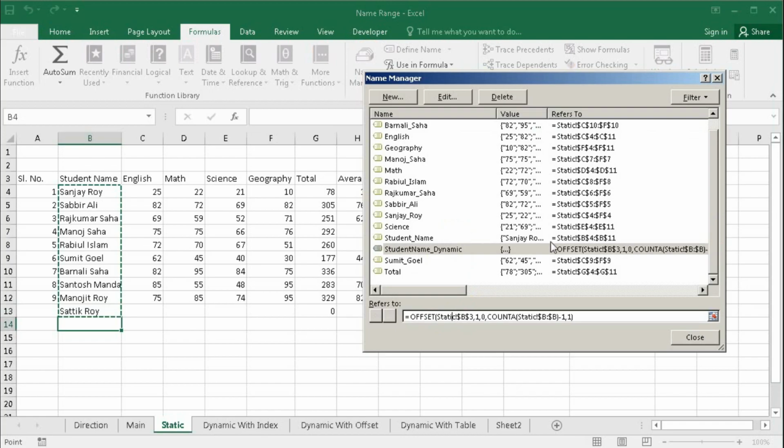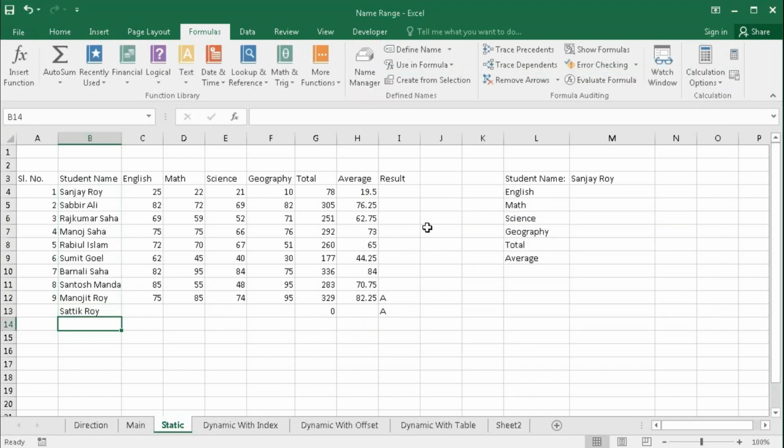So dynamic name range automatically grows. This is the biggest advantage. If you know that your range will not increase, use static name range. And if you know that your data set will increase day by day, then use dynamic name range.